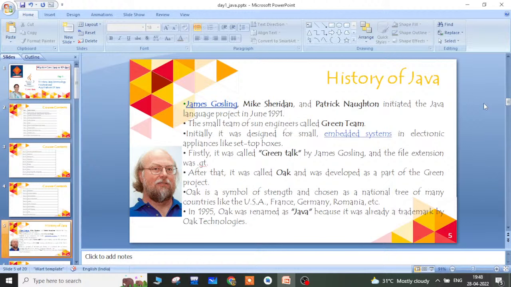After that it was called Oak, which was developed as a part of the Green project. Oak is a symbol of strength and was chosen as the national tree of many countries like the USA, France, Germany and Romania.